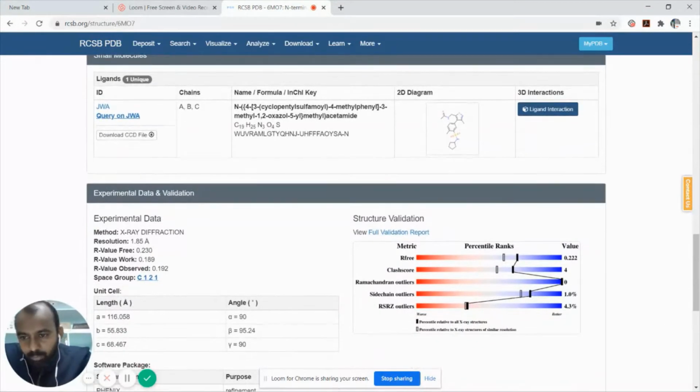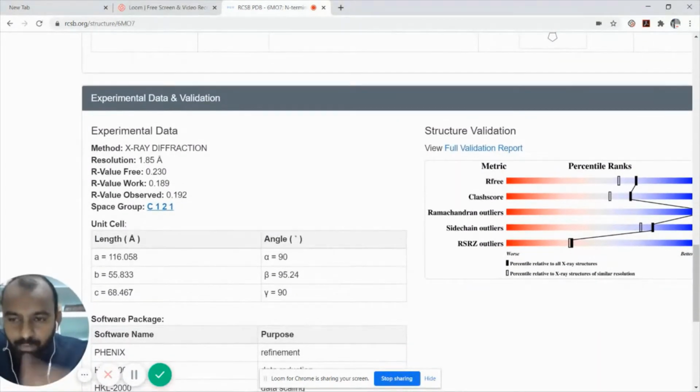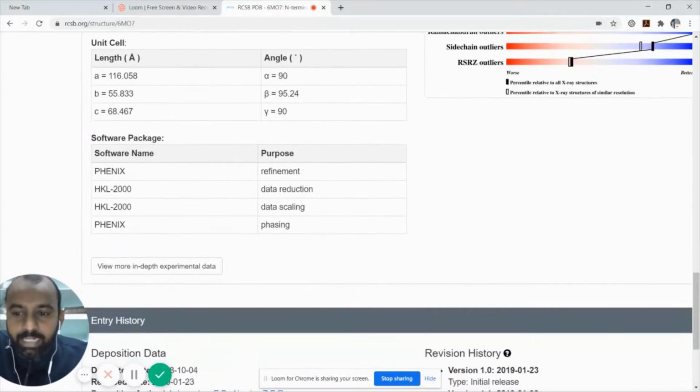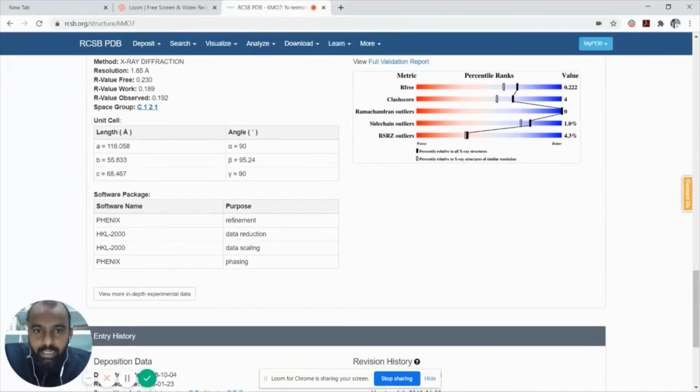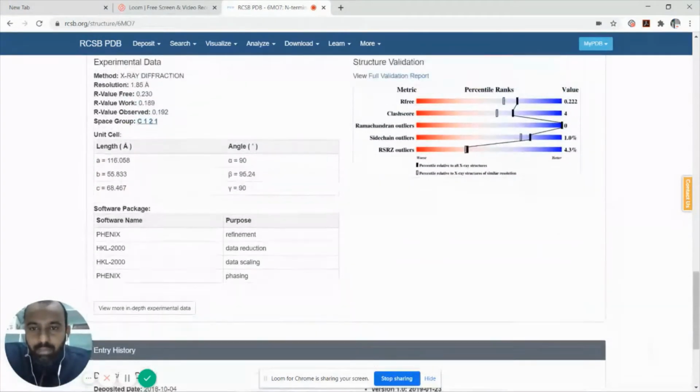Now there is one more parameter called resolution. The higher the resolution value, the less well defined the protein. That means the resolution value should be less than 2 or 1. If it is less than 1, the protein is well resolved in structure. So the R value should be minimum, as well as the resolution value should be very low enough for refinement and perfect data of your protein structure. It can also show you the Ramachandran plots of your data. These are the fundamental information.